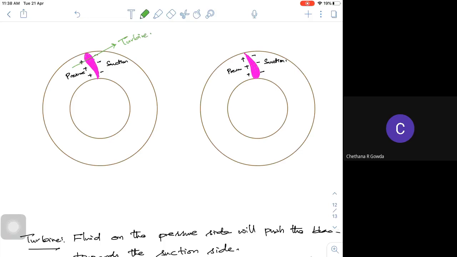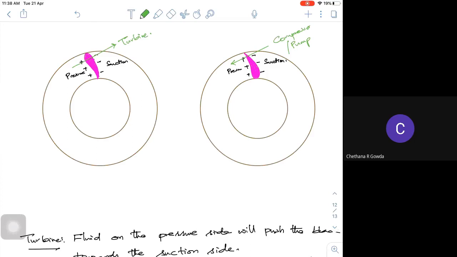Fine. Then what happens in case of your pump or whatever it may be? Your convex surface, that means the blade is, that means on the plus side the pressure is getting increased. This is for your compressor or a pump. This is the basic fundamental rule which needs to be looked in before you try to draw your velocity triangle.